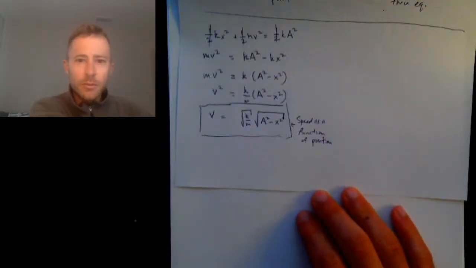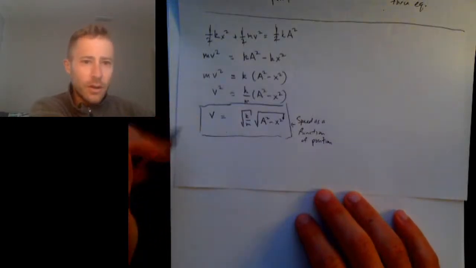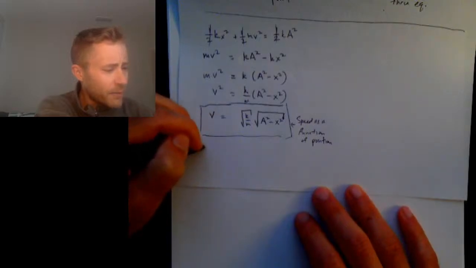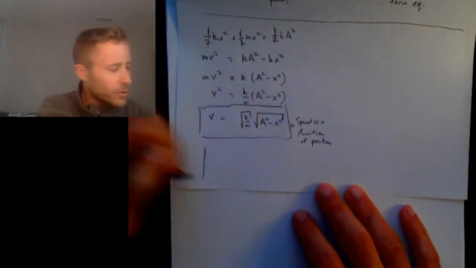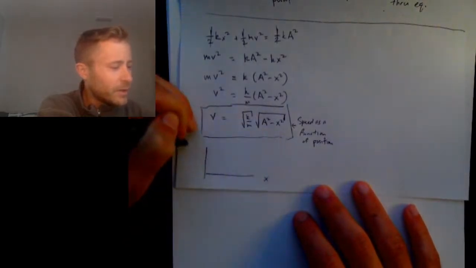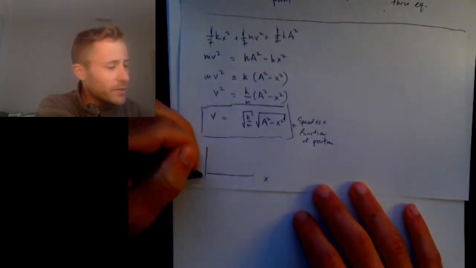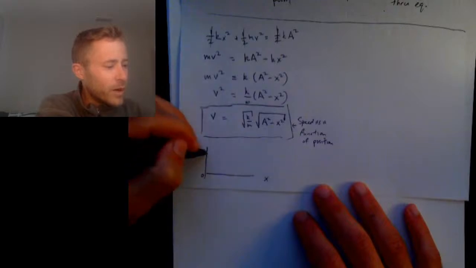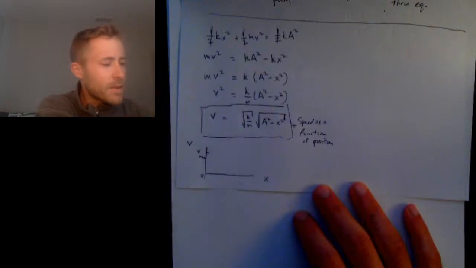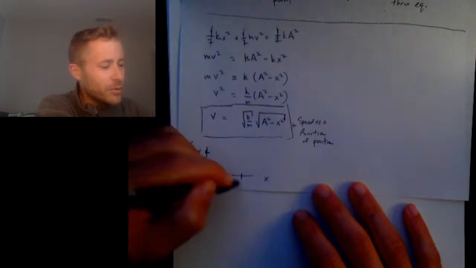Okay? Speed as a function of position. So that's a nice equation. If we were to graph this equation, so if we were to graph speed as a function of position, it looks like this. So basically, if x equals 0, we are at our maximum speed. If x equals the amplitude,